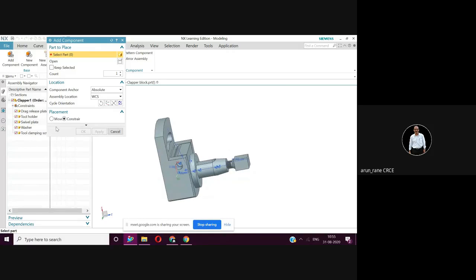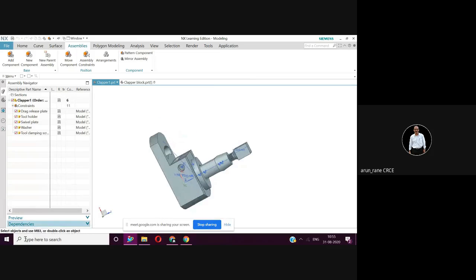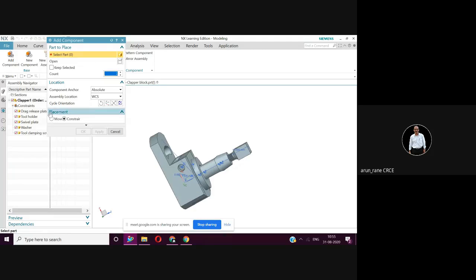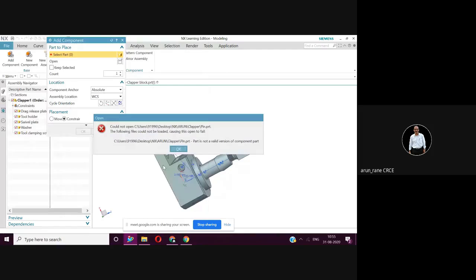Pin has not appeared here. To place, open the folder. Okay. Part is not a valid version of the component part.